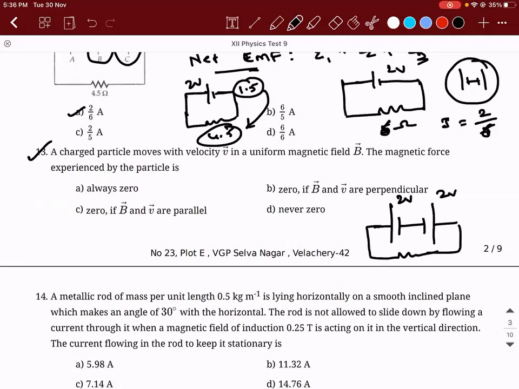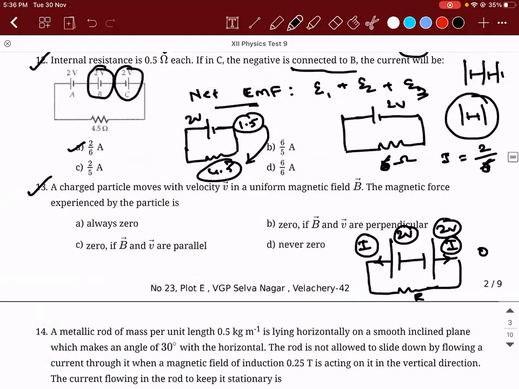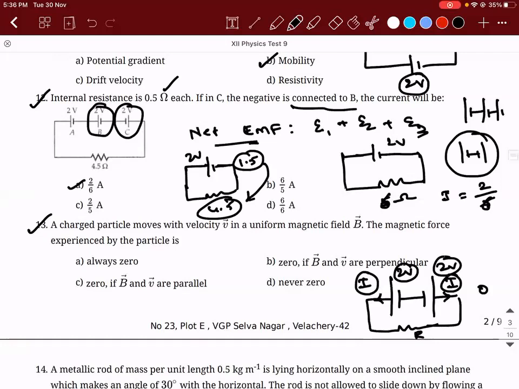If I connect a resistor here, for example, this will supply a current I in this direction. Is that right? This will supply the same value of current I, but in the opposite direction. This I and this I put together will make how much current flow through the circuit? They both are in opposite directions. So what will happen? The total current flowing will be 0, means there is no point of having these two cells. That is why the net EMF is 0, but the net resistance is not 0. I made a mistake there. That is why you should take 1.5. Be careful, guys. They have given 2/5 also to confuse you.